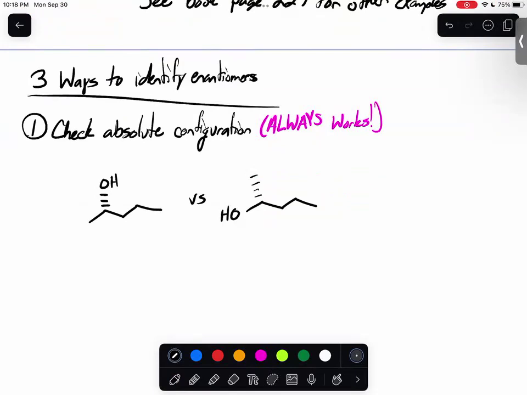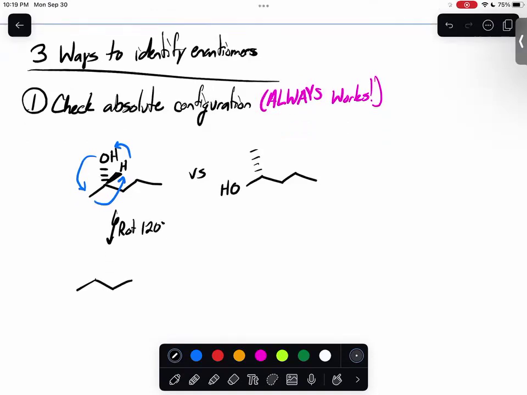So looking at the one on the left, we have to first draw in this other hydrogen, right? So that we can start labeling things for absolute configuration. And the first thing we need to do is make sure that number four is on the back. And hydrogen's always the smallest, so it needs to go towards the back. So we actually need to do a little bit of a rotation. If we were to rotate this 120 degrees, we would see that, alrighty, we now have the methyl group where the hydrogen was on the wedge. We have the hydrogen now on the dash where the alcohol was,